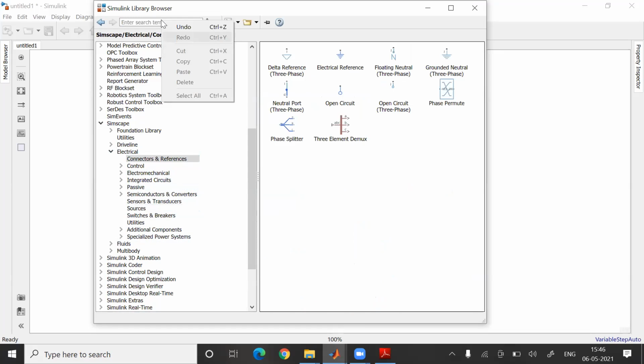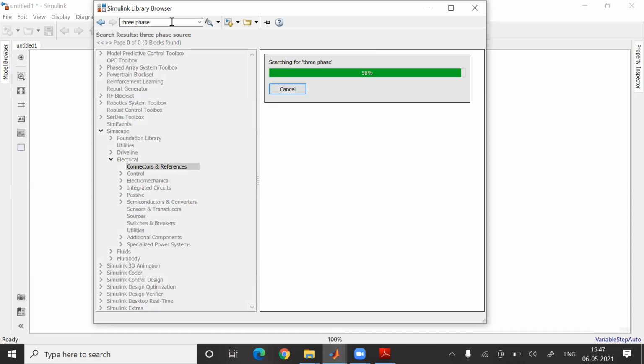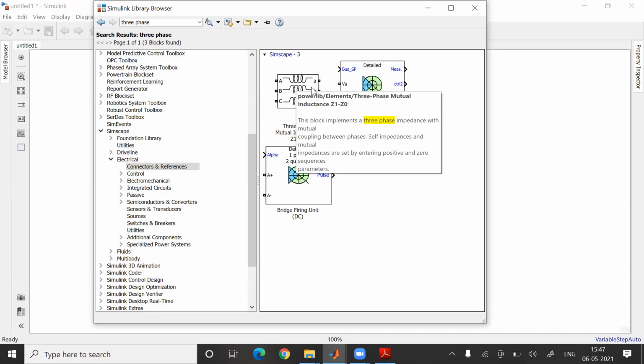Let's take the 3-phase source. Okay, like this you have got the 3-phase.